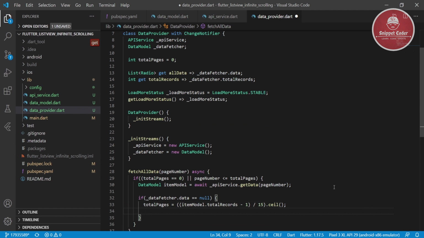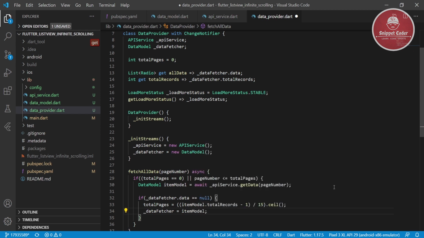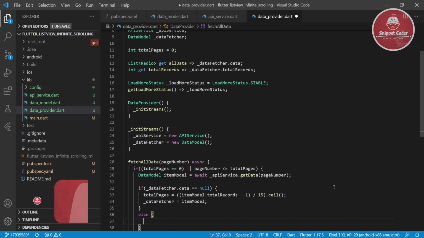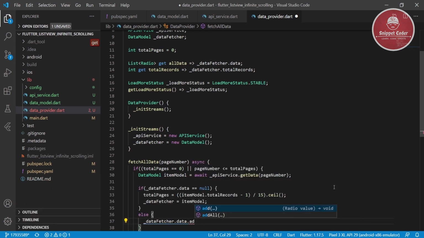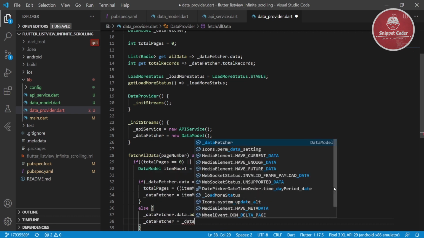Then we will pass _dataFetcher equal to itemModel, else dataFetcher.data.addAll, and here we will pass itemModel.data, and dataFetcher is equal to dataFetcher.